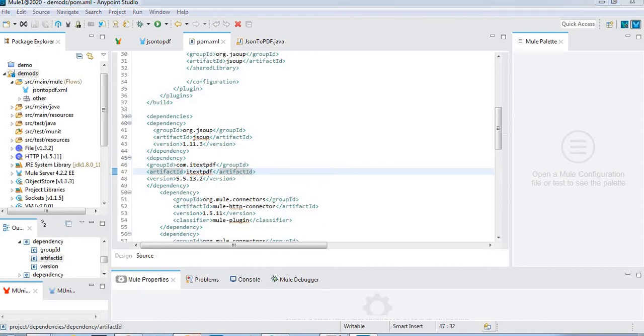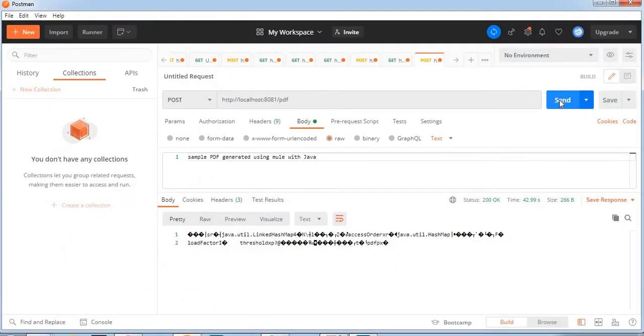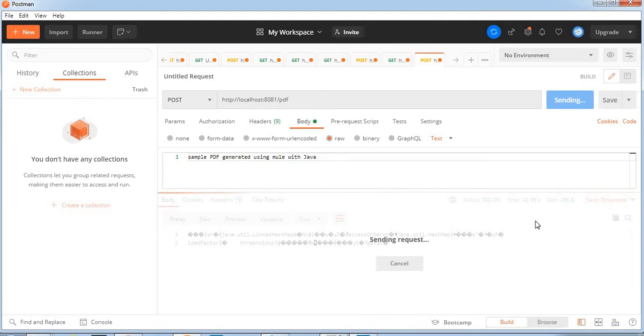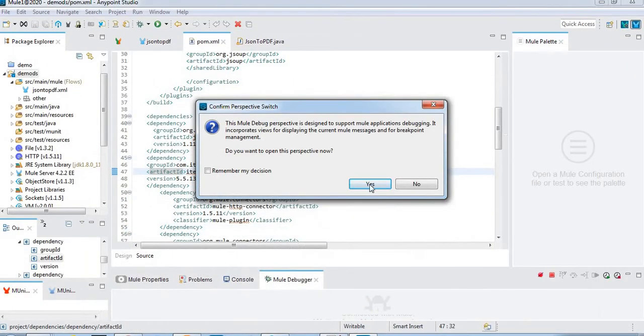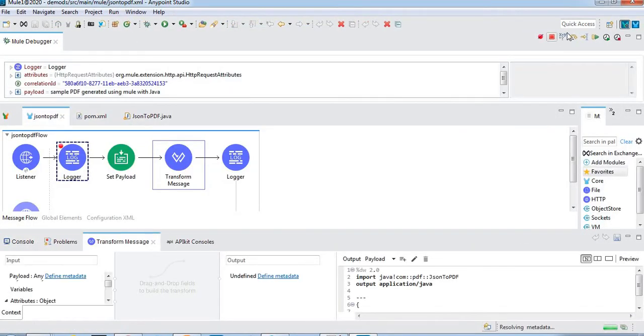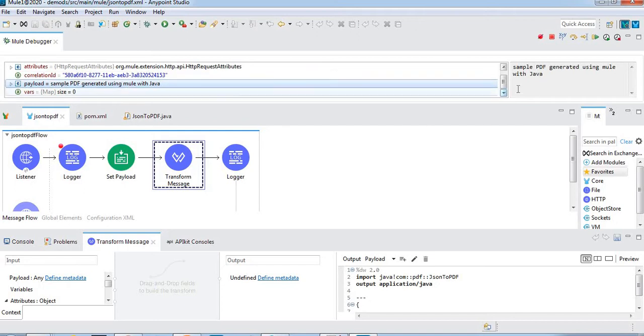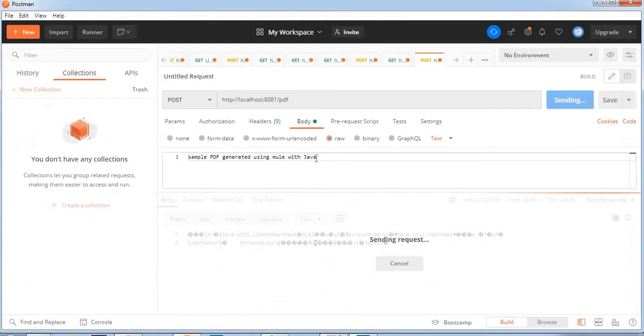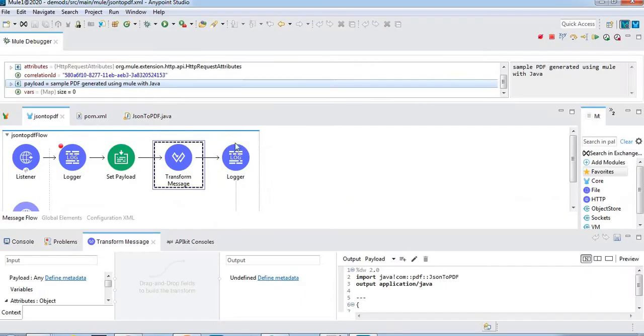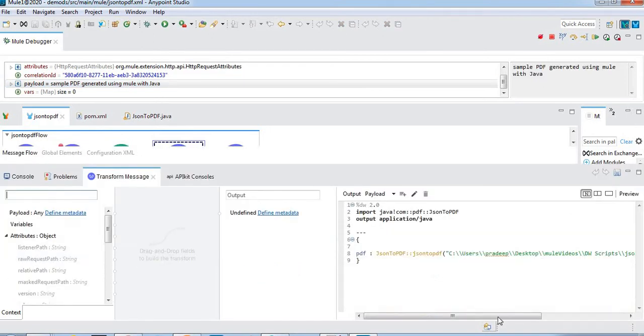Let me run this one. My application is running, and I ran it in debug mode. Just move to the next processor. Now I can see the payload: sample PDF generated using Mule with Java. This is the one I have given in the Postman body, but in the DataWeave I am not using this body. I have given static